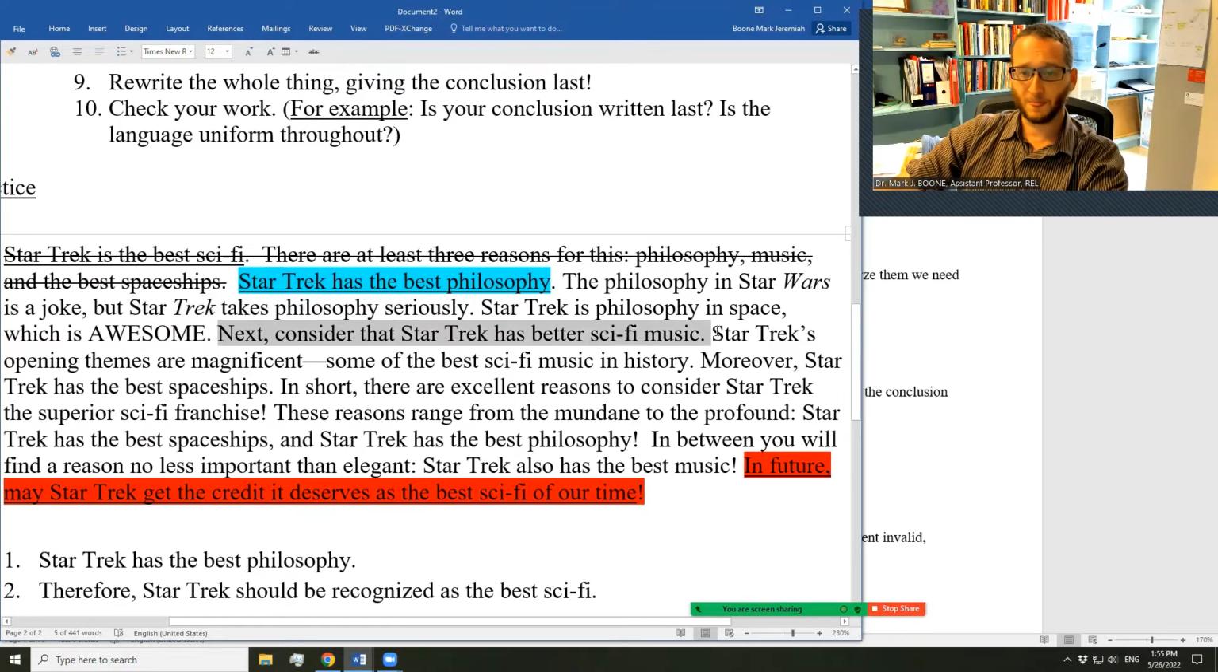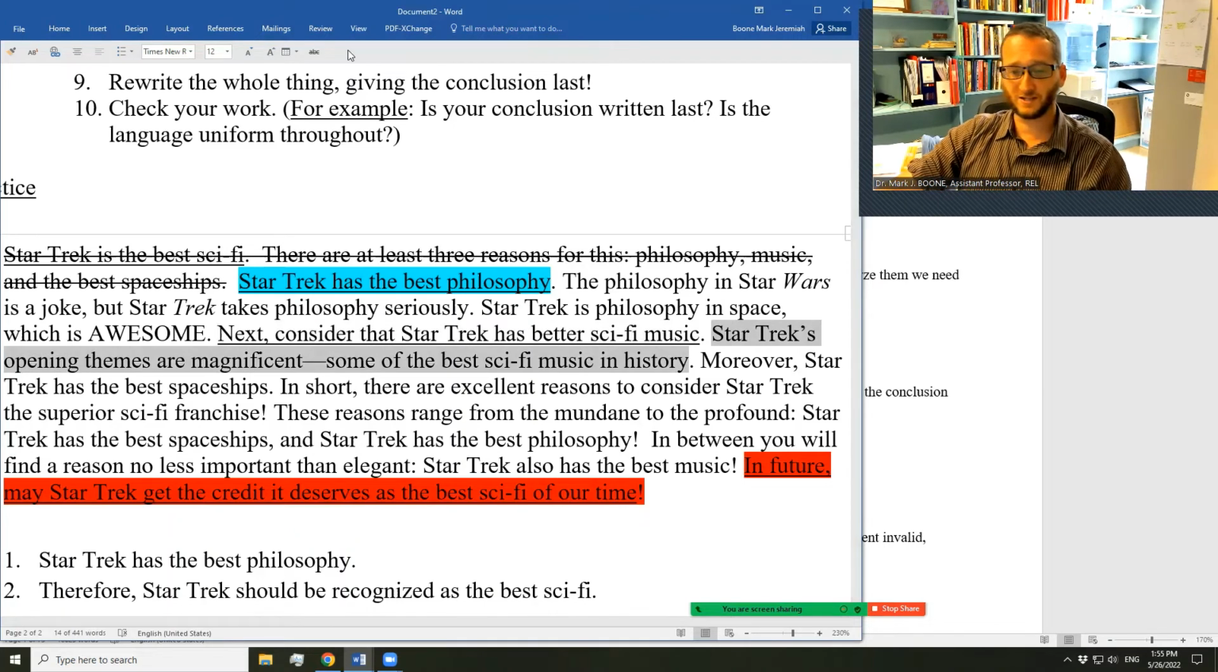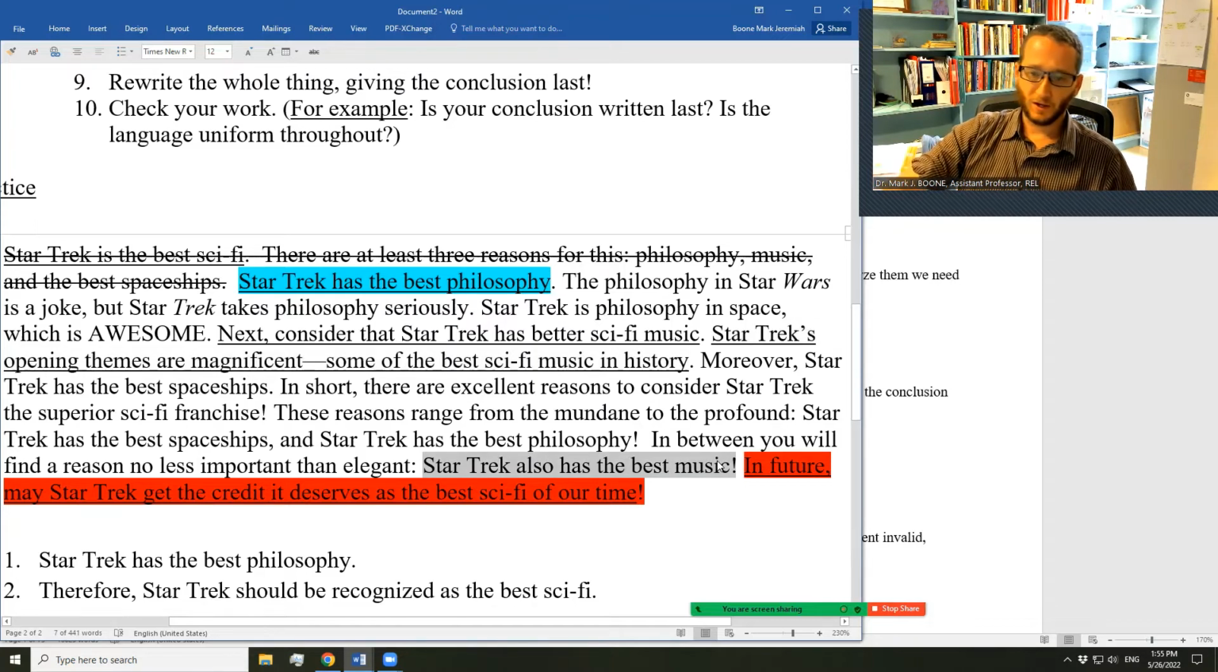Okay, great, great. Next, consider that Star Trek has better sci-fi music. Okay, that looks like a premise about music. Star Trek's opening themes are magnificent, some of the best sci-fi music in history. That's another premise. Well, I don't see anything else about music, except this one. Towards the end of the paragraph where it says Star Trek also has the best music,